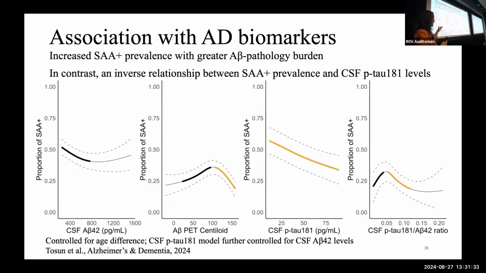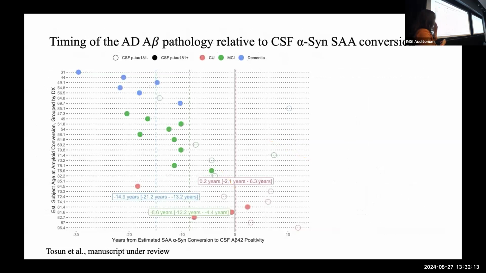And at the same time, when we look at how different pathologies are interacting, what we're observing is that with greater amyloid burden in the brain, they are more likely to be Lewy body pathology positive, but the story is different when we look at their tau pathology. We're seeing an inverse correlation. If they're SAA, if they're alpha-synuclein positive, they have lower tau pathology. That doesn't mean they're protected against tau, but it really tells more about these mixed pathologies and the contribution of different pathologies to the symptoms and to lowering the threshold for cognitive impairment.